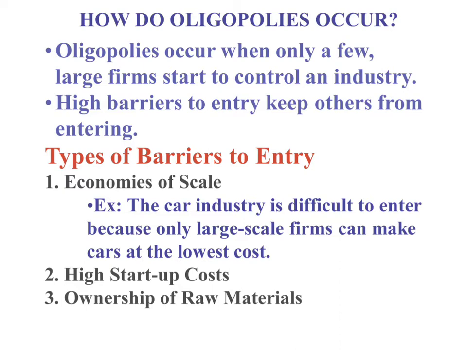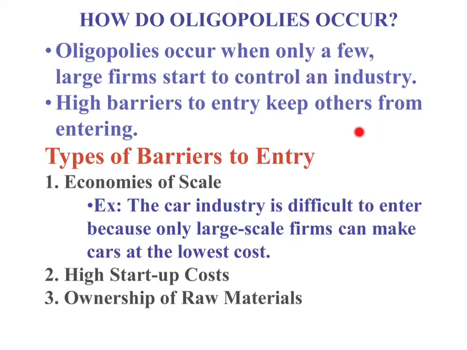Okay, so a couple of other things that are definitional, and this is useful, right? Oligopolies occur when a few large firms are generally starting to control an industry, okay? So, for example, maybe your cell phones, maybe there is an oligopoly of sorts if firms actually start to create some successful mergers. You can actually end up with an oligopoly if there is a merger, and sometimes for antitrust purposes, we're looking at the federal government sometimes to stop mergers so that we don't have oligopoly behavior.